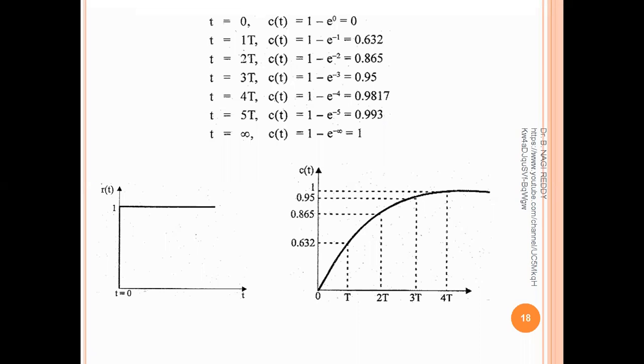So this is how we can plot the output response, which is C of t, for the given unit step input signal. Okay, this is how we need to derive the output expression, and from that expression we have to convert it into a graph so that we can see the input and its output response for the given system. Okay, thank you.